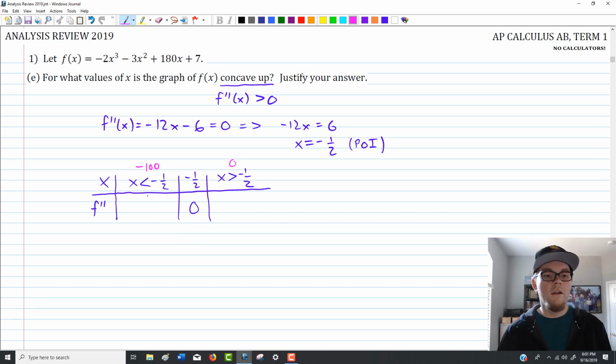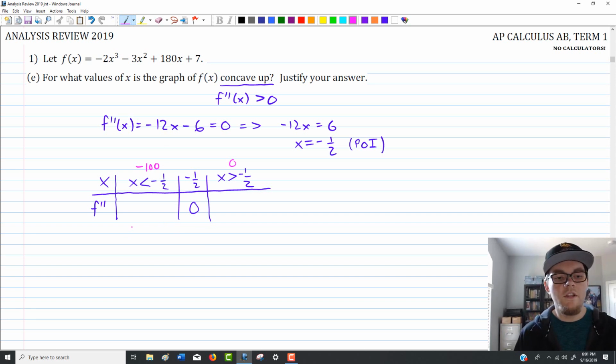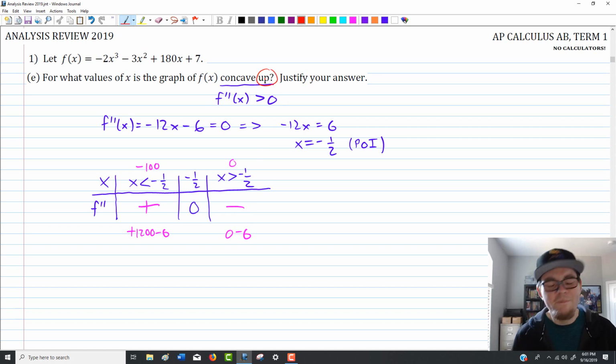So seeing what we got here, if we plug in negative 100, that'll give us a huge positive number. It'd be literally positive 1200 minus 6. That's clearly positive. And on the other hand, if we plug in 0, we're going to get 0 minus 6, which is negative. So now we were interested in what was happening here with concave up. Concave up. So basically we were looking for the positive. So we would then say at this point that f is concave up